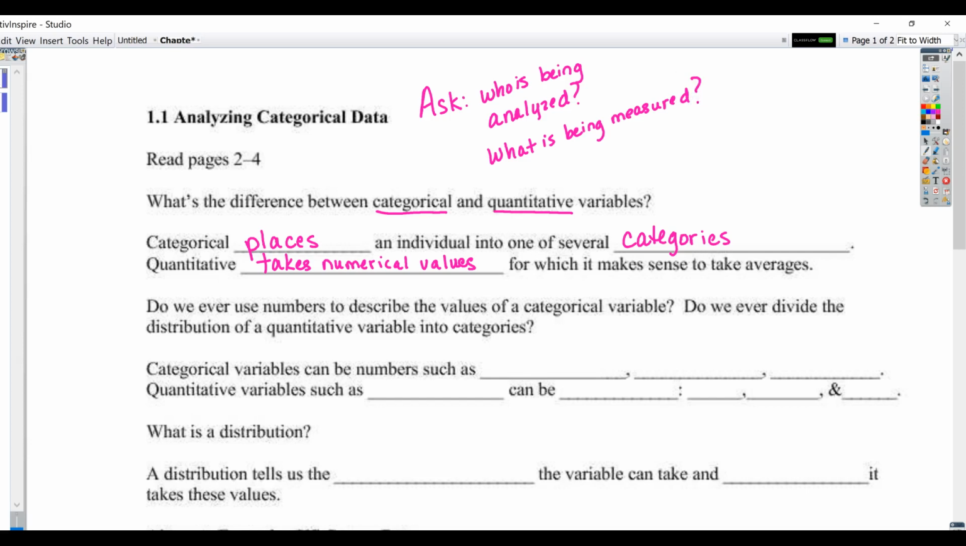So let's just dive a little deeper. Do we ever use numbers to describe the values of a categorical variable? Do we ever divide the distribution of a quantitative variable into categories? So let's explore this. Categorical variables can be numbers such as zip codes. So zip codes are categories based on where you live. Favorite foods, and I'm just giving some examples. There's many, many examples here. Hair color,